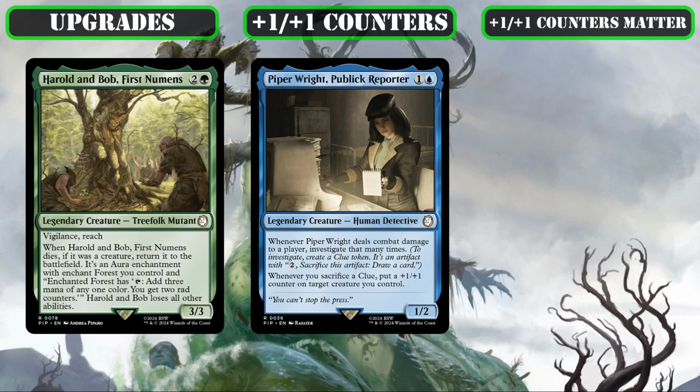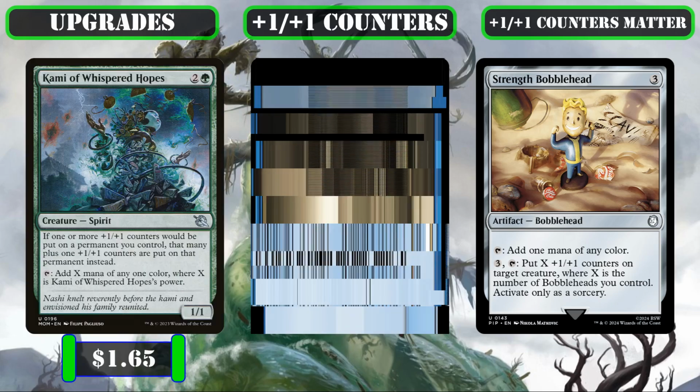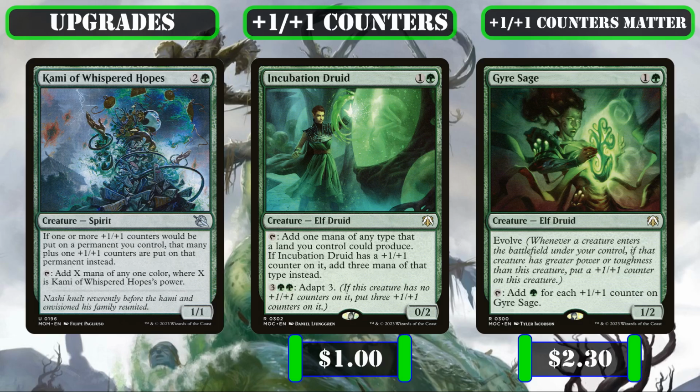Firing Piper Wright, Public Reporter, who would be a much better fit in a clue-focused deck that would be able to make her evasive more reliably so she can generate more clues, and scrapping Strength Bobblehead, which, like all the other bobbleheads, really needs to be part of the full set in order for us to get the maximum value out of it. So we can make space for Kami of Whispered Hopes, Incubation Druid, and Gyre Sage, all of